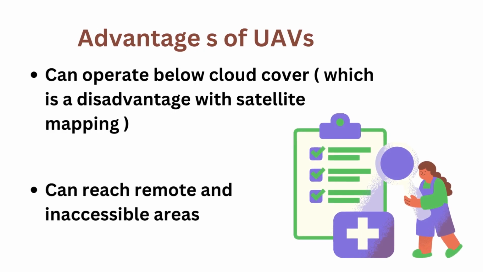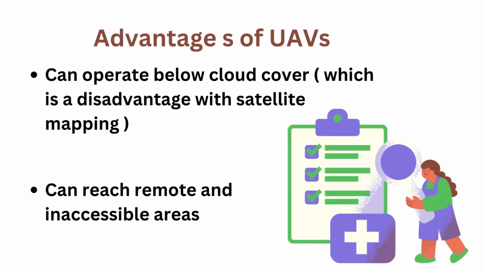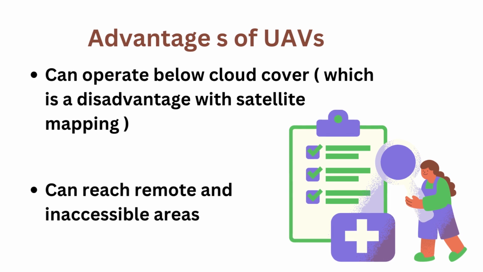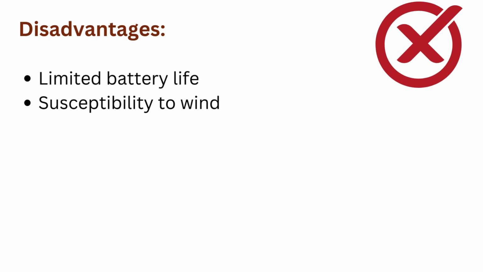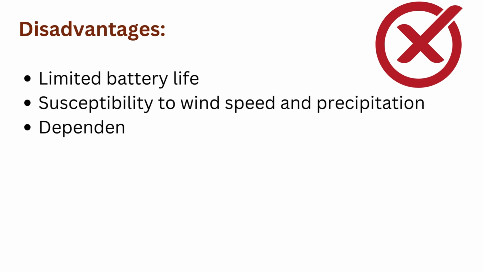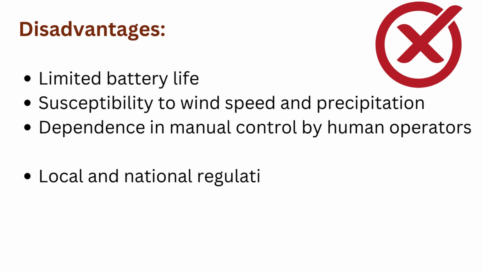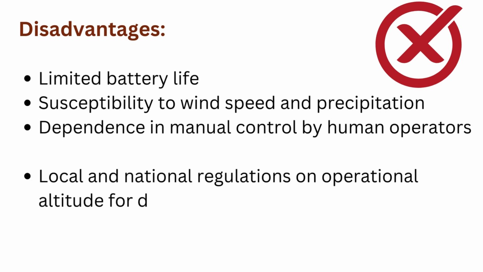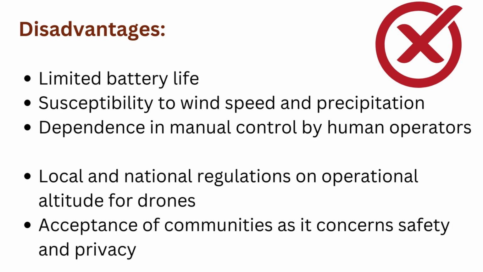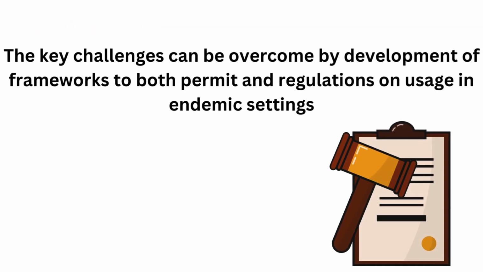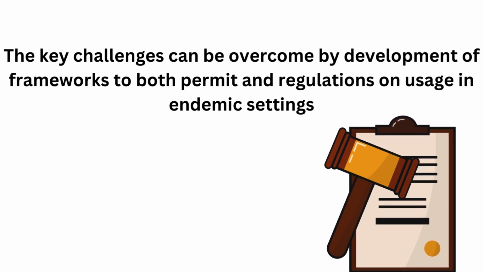Advantages of UAVs: they can operate below the cloud cover, which is a disadvantage with satellite mapping, and can reach remote and inaccessible areas. Disadvantages are limited battery life, susceptibility to wind speed and precipitation, dependence on manual control by human operators, local and national regulations on operational altitude for drones, and acceptance by communities as it concerns safety and privacy. The key challenges can be overcome by development of frameworks to both permit and regulate usage in endemic